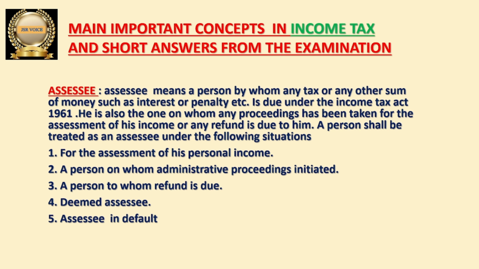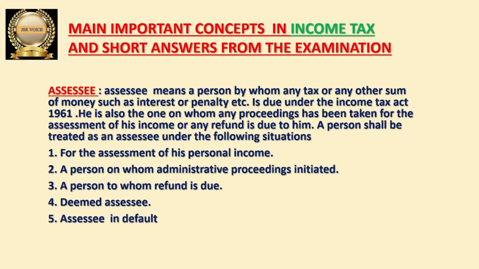So whenever he is liable to pay any income tax to the income tax department, or any interest or penalty is due to the income tax department, then we can call that party an assessee. So this definition is given in Income Tax Act 1961 for assessee. And here